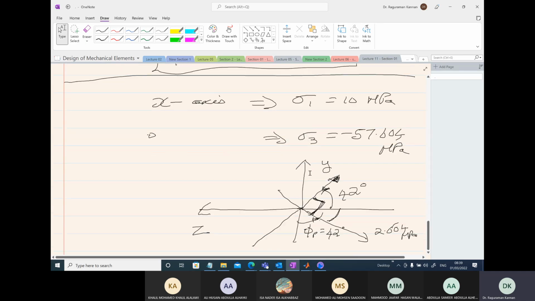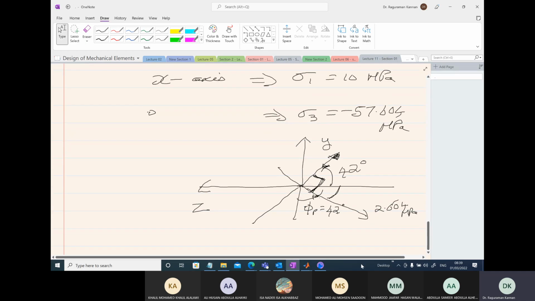So we will have negative y and positive z. This is the direction of the other principal value, so minus 57.604 megapascals. So either this could be this direction or this direction, it doesn't matter, because in this particular direction